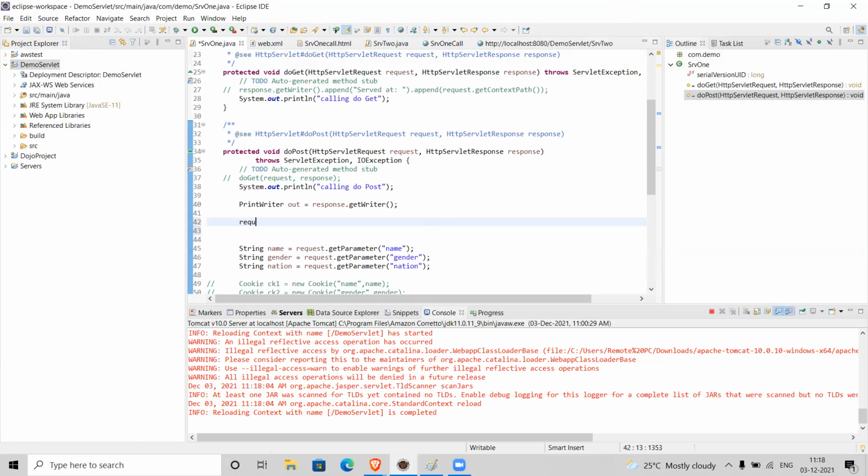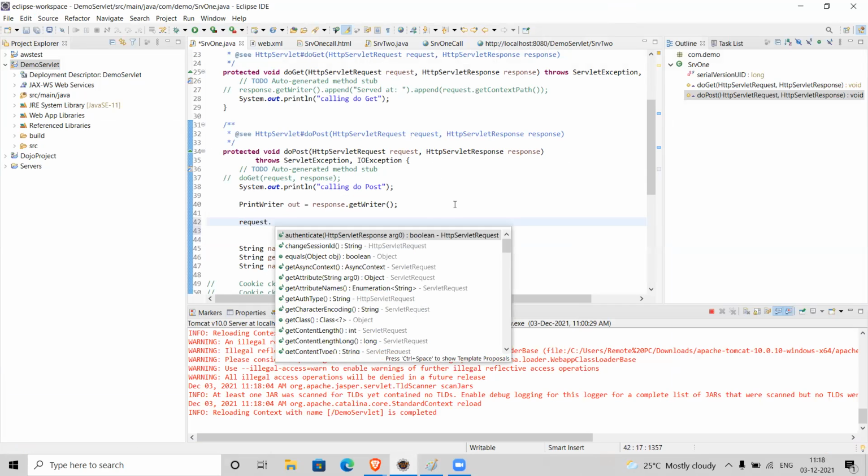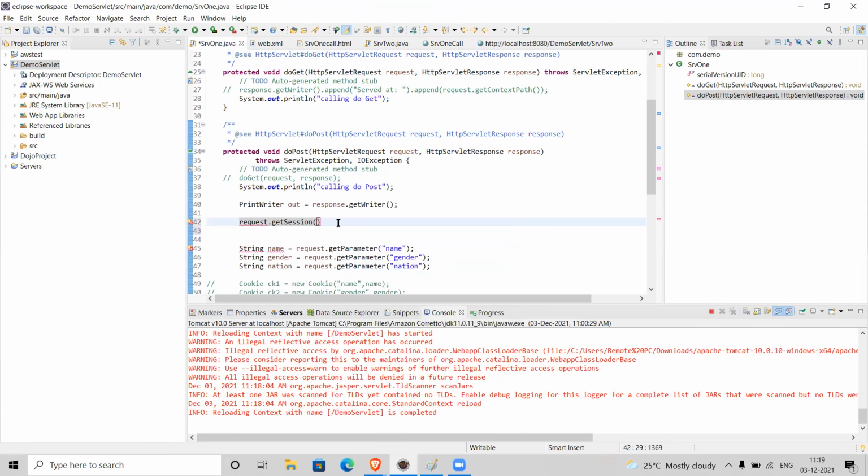Instead of creating a session, we can get the session using request.getSession. Why are we not creating the session here? It's automatically created by the server, because it's already available.